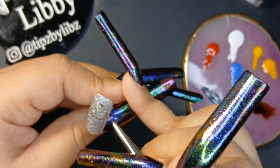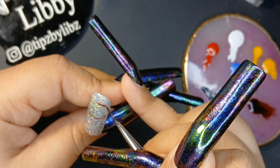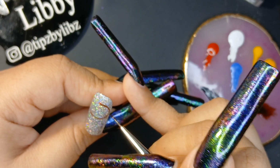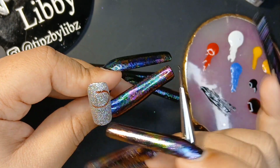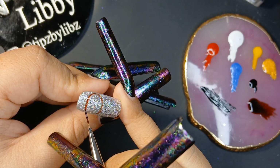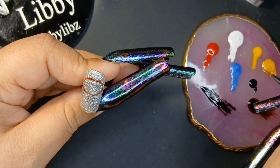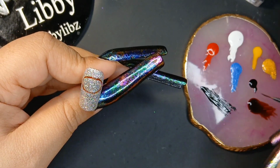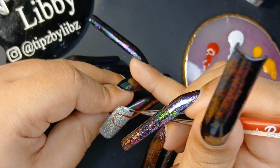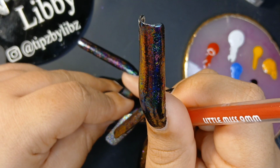But anyhow, I took out my sketching gel from Ball Pit, which is just like this jelly brown color here. It's really nice because you can't see it through any of the colors that you go over with, because it is this jelly brown. You can use, you know, like a white gel polish to do your sketch, or you could use a black gel polish and do really light lines for that,